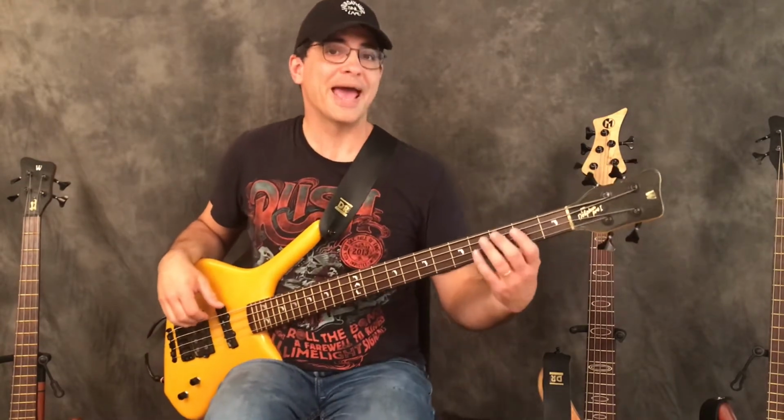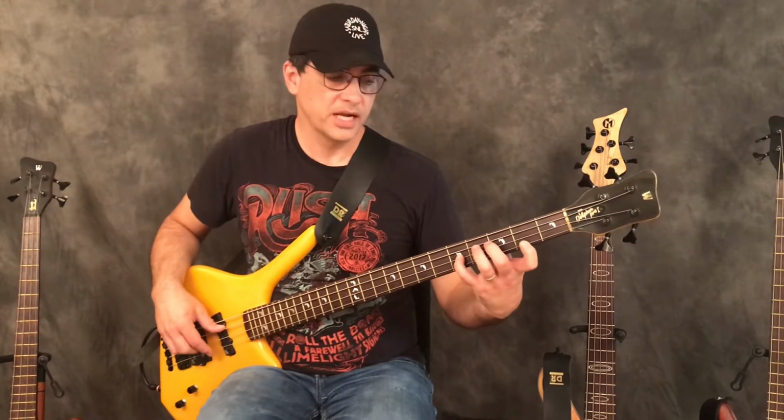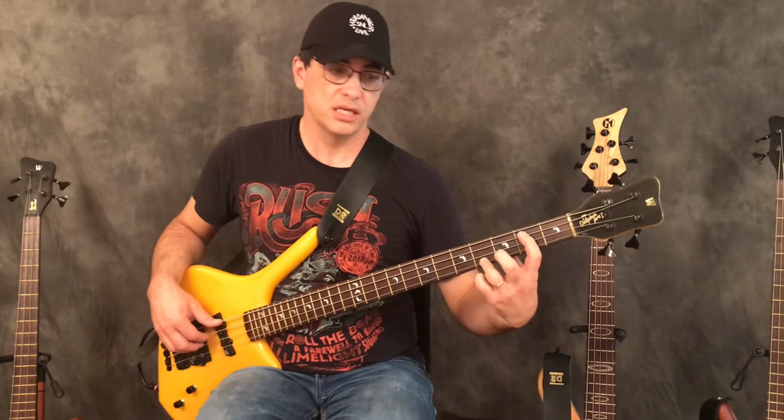So let's look at what we add. If we go up to the octave, we can add the A here because it's the octave of that A, and we add the B here, which is the octave of this B. So now